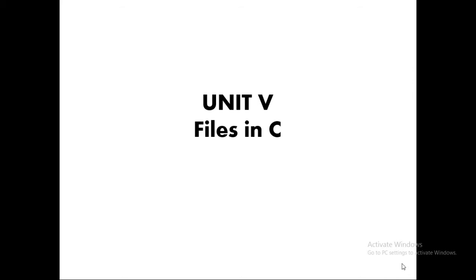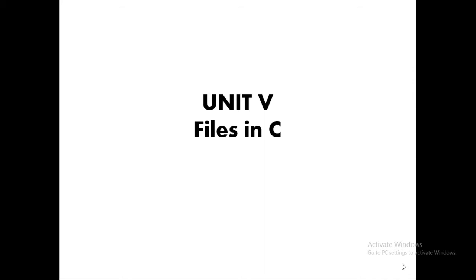So now I am switching from Unit 4 to Unit 5. In Unit 4, the second part is dynamic memory allocation and linked lists. These are new concepts. Before knowing the new concepts, we already know something about files and other things. So I am taking this session for Unit 5, and again we will go back to Unit 4 for part 2. Okay, so in this Unit 5, the topic is files in C, or file processing.